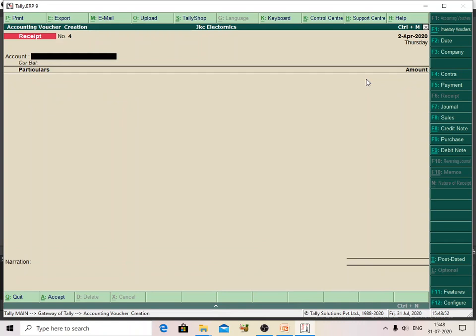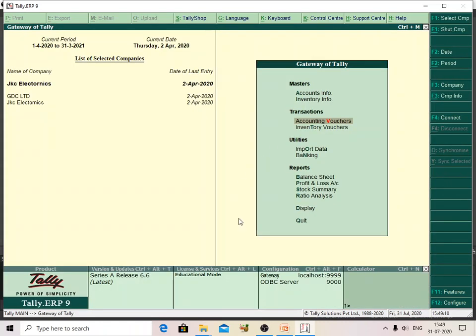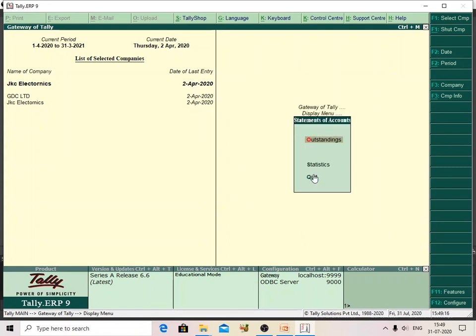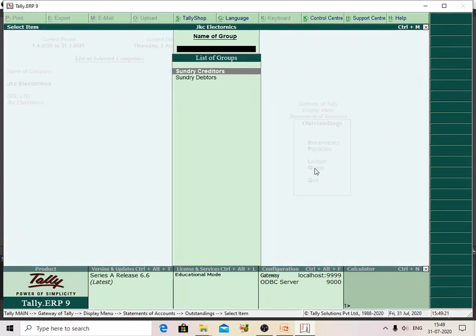After receiving the advance amount, after a certain date we have to pay the amount to the customers. I will show you some reports. Go to Gateway of Tally screen, Display, under Display Statement of Accounts, under Outstanding, here I am selecting Groups, under Groups I am selecting Sundry Debtors.